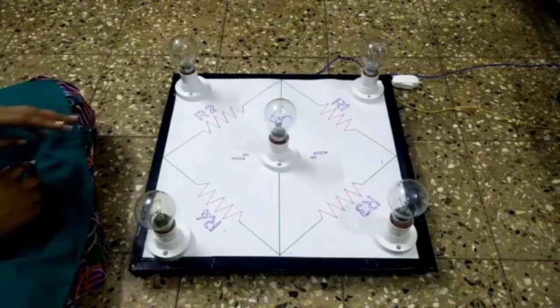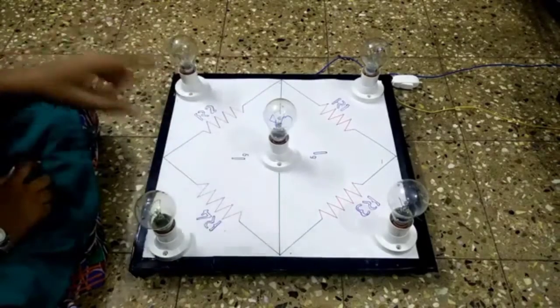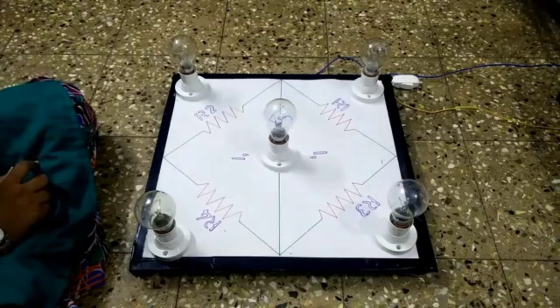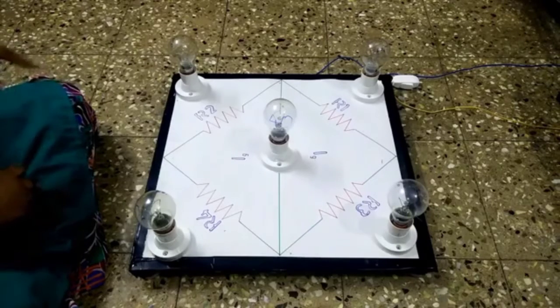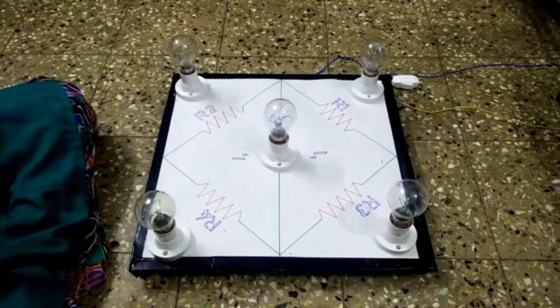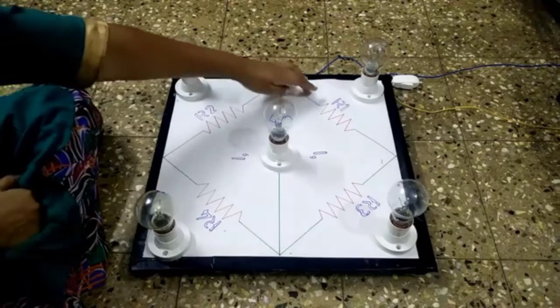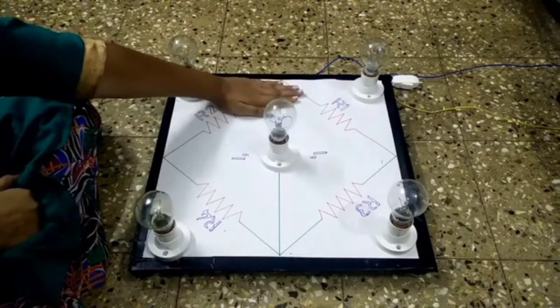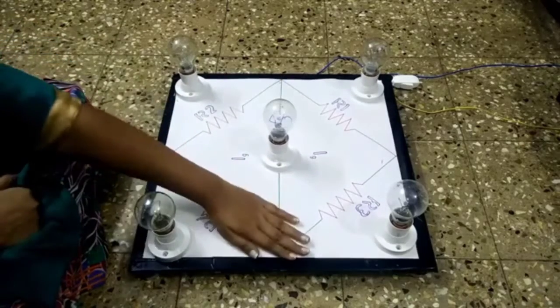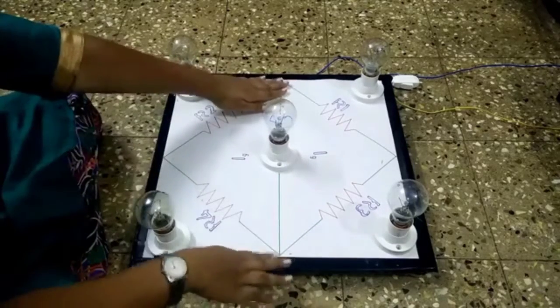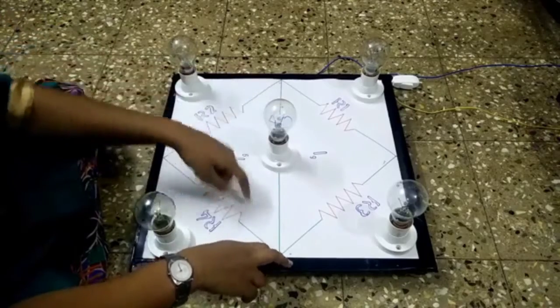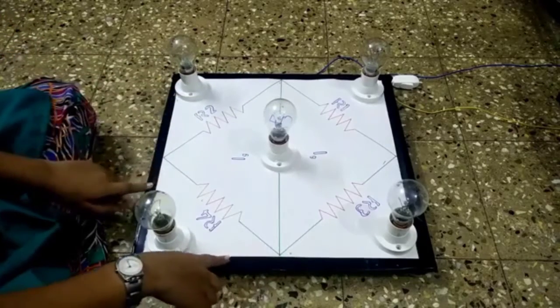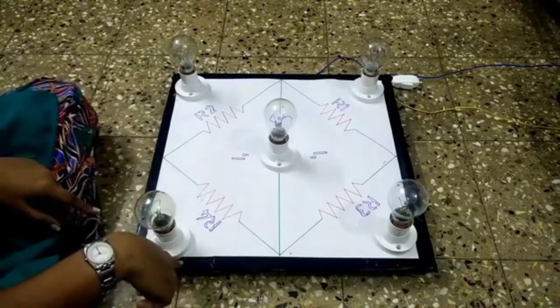It consists of 4 resistors R1, R2, R3 and R4. But I've used bulbs instead of resistors for more clear and easy explanation. The bulbs R1 and R2 are in series, R3 and R4 are in series, but this combination and this combination are in parallel with each other. This circuit can also be called a 2 series parallel combination circuit.